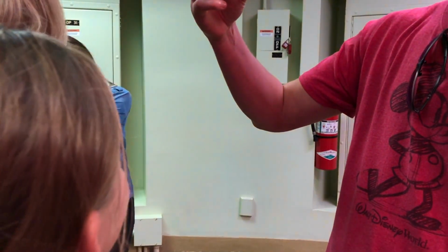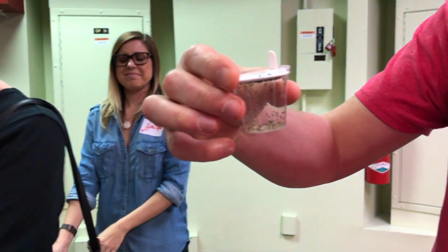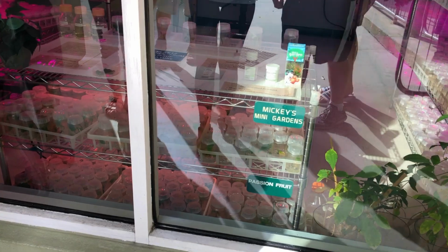Now what we're going to do when we start to see those mines forming throughout our greenhouse, like we saw up in the video, like we can see over here in this cage on these leaves, we're going to take...